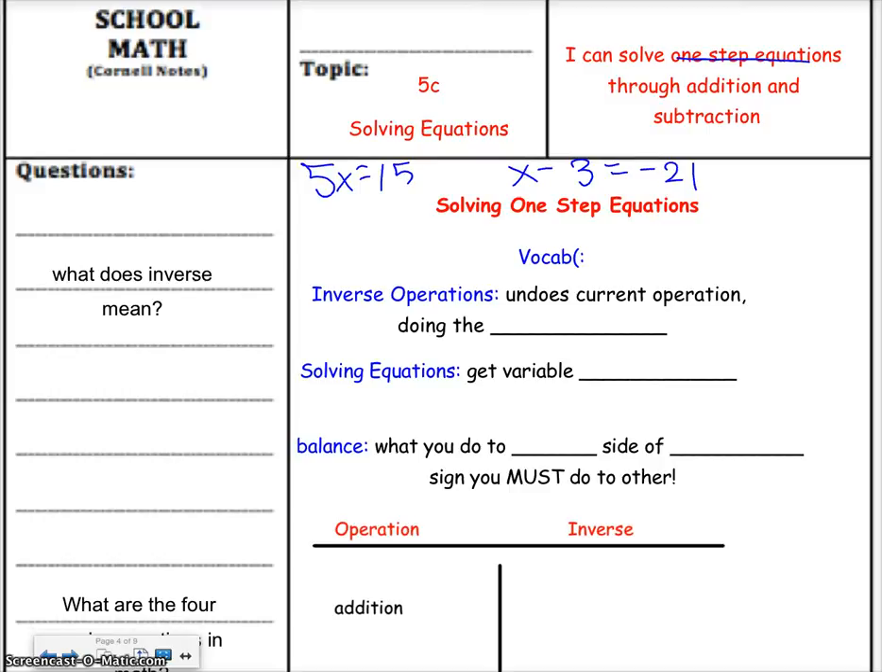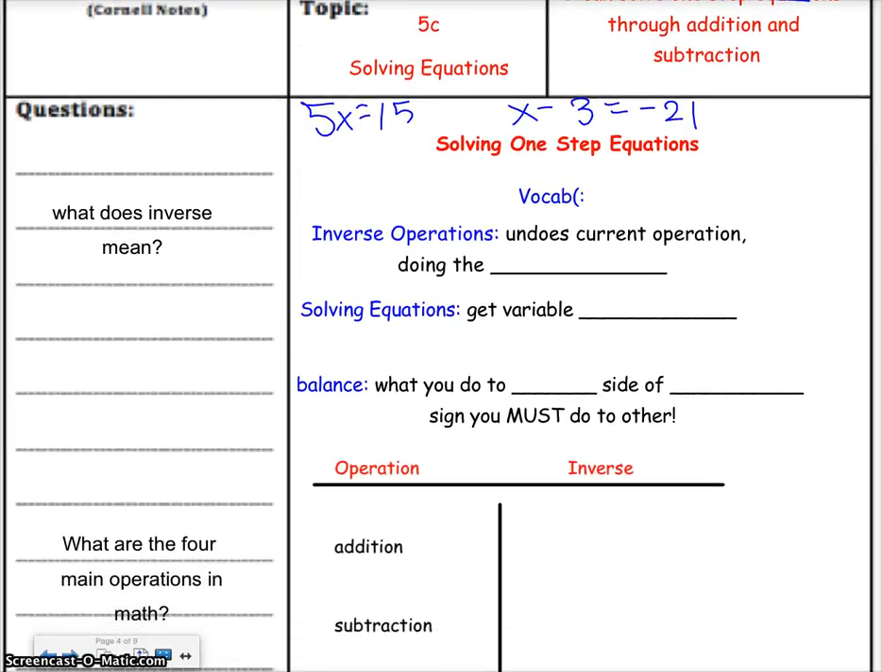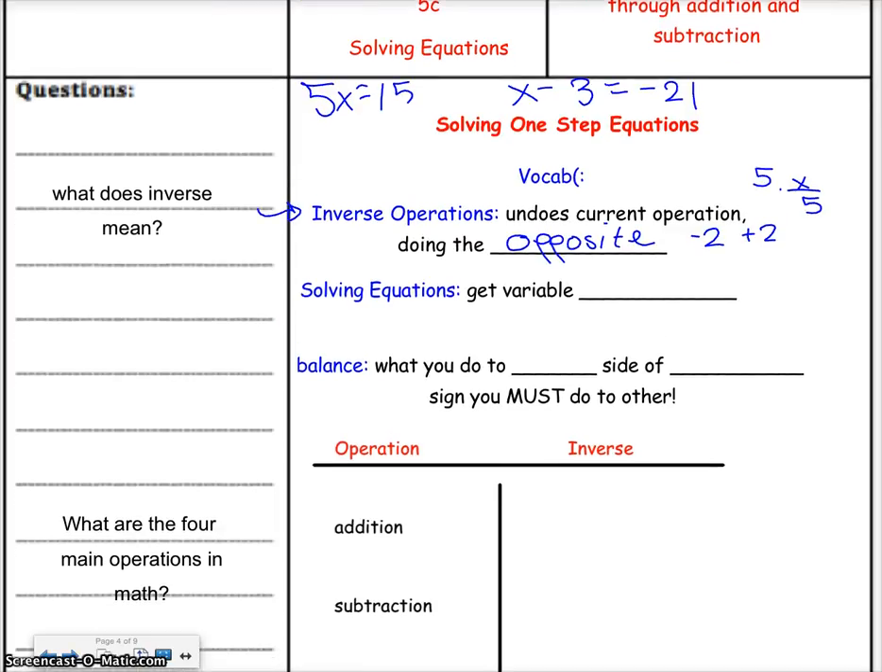So, in order to move things or get rid of things, we apply inverse operation. Inverse undoes the current operation. It's really doing the opposite. You're getting rid of something. Okay? So if I wanted to get rid of negative 2, I would add 2. If I wanted to get rid of divide by 5, the inverse of division would be to multiply by 5. So inverse undoes the current operation because our goal is to always get the variable by itself,